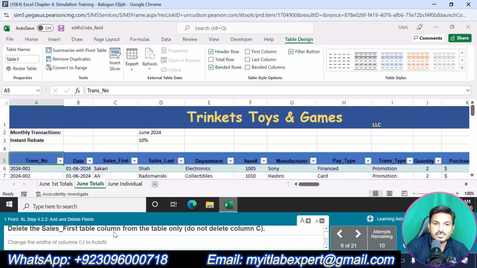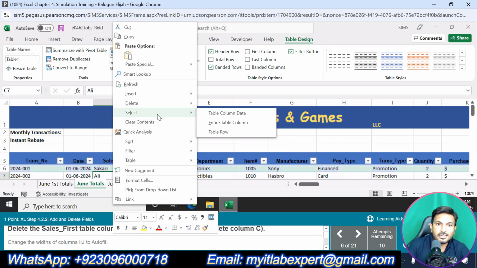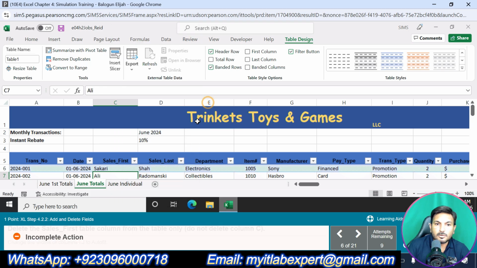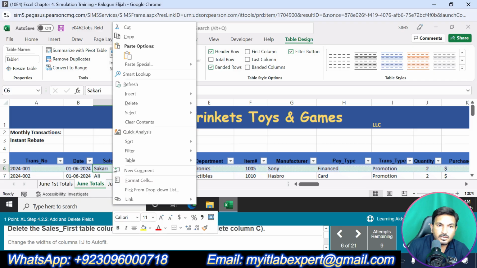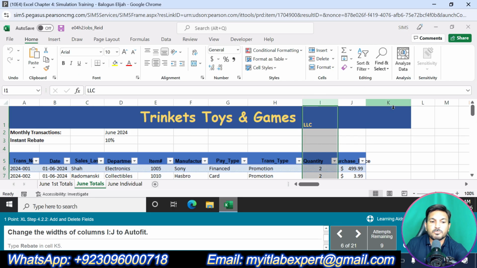Delete the sales first table column. Sales first table column is here, right click here, click delete, click delete and table column. Sales first table is here, delete table column. Change the width of column I to J to auto fit, select I, press and hold the